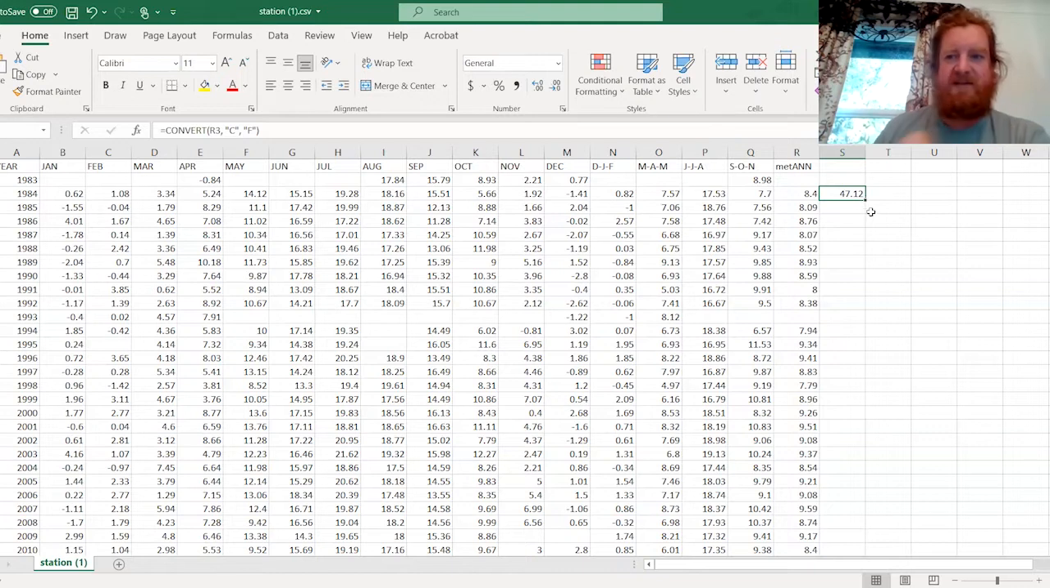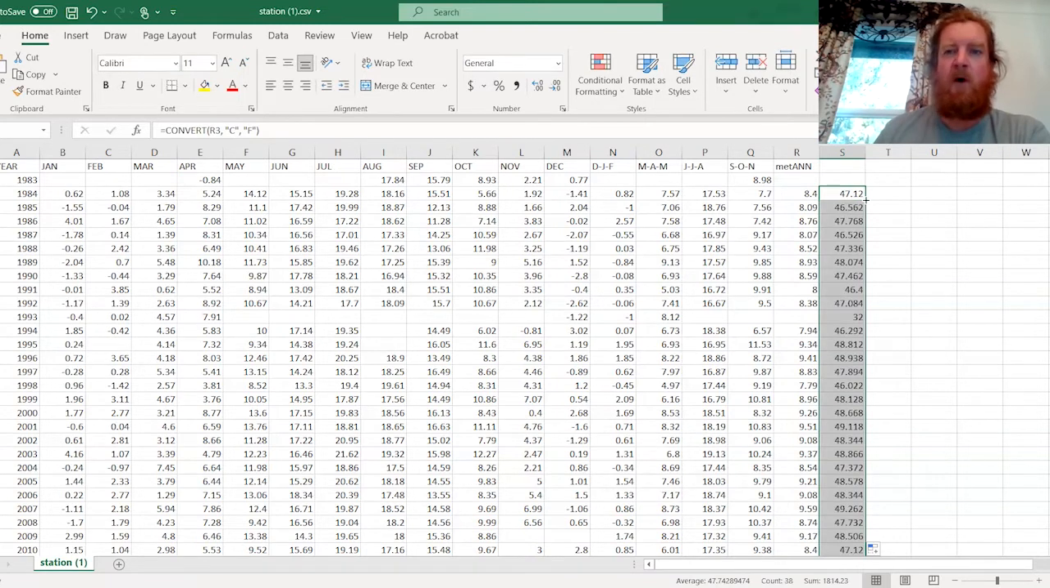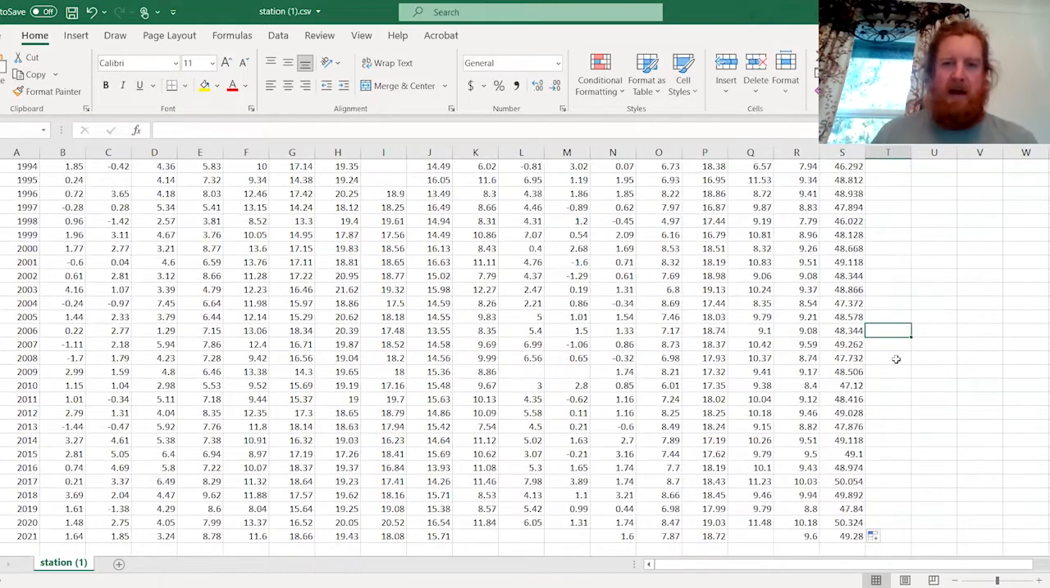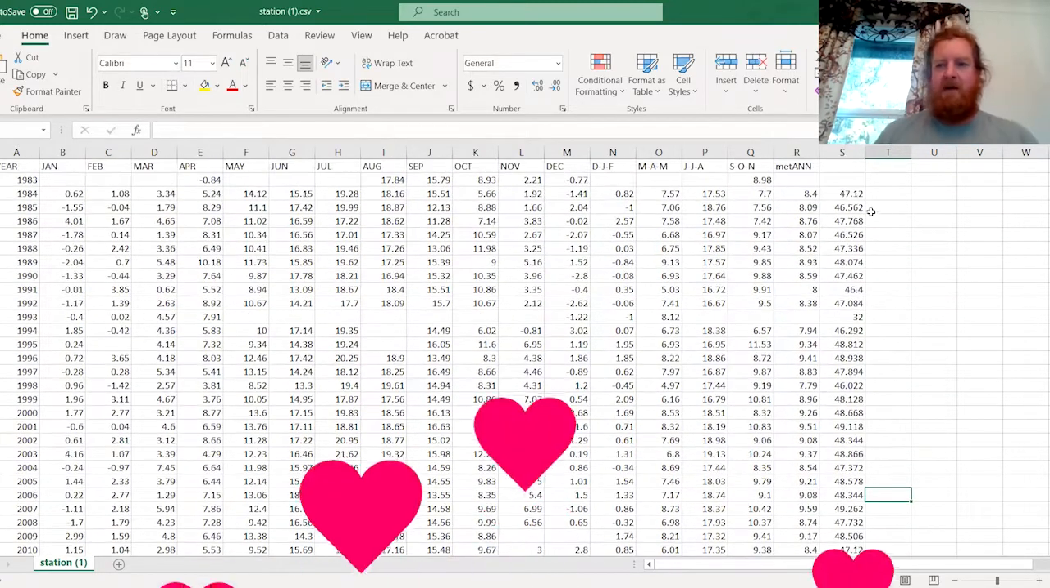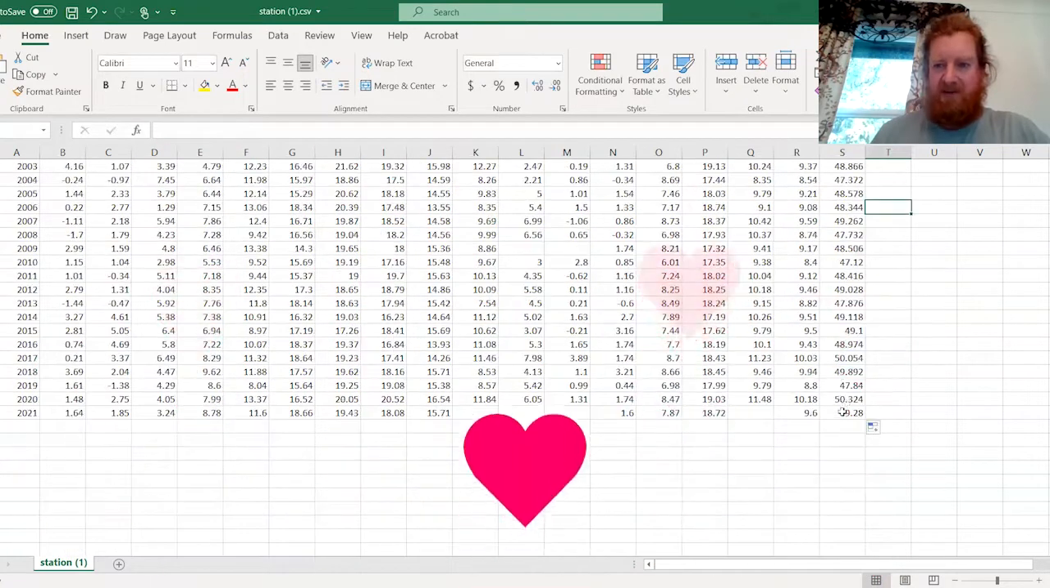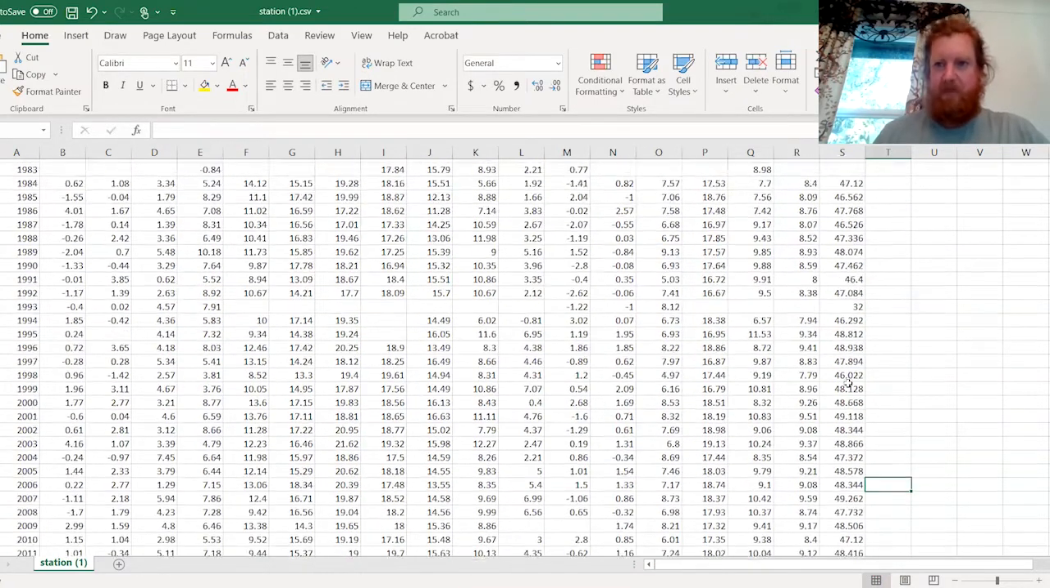So notice my cursor, as I hover over this little green box in the corner, it turns into a black plus sign as opposed to an open plus sign that you see here. So when it's a closed black plus sign, I can double click on my mouse and it will autofill that column for me. And so now, yay, Excel did my work for me. Now I have average annual temperature for all of these individual years,